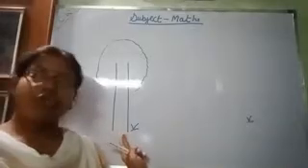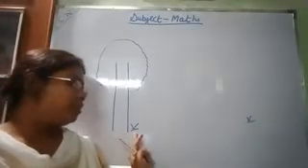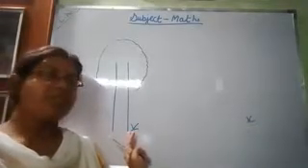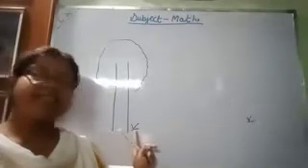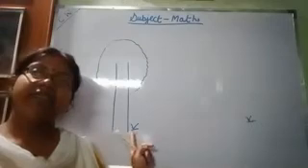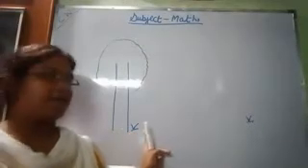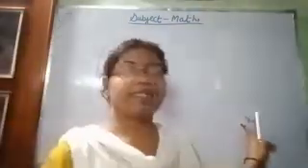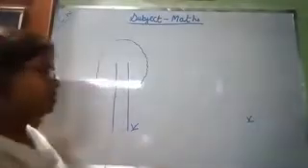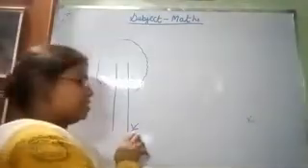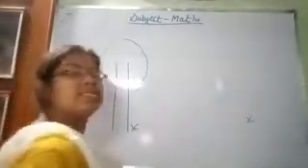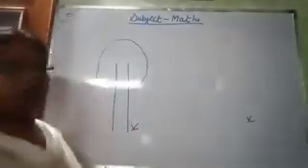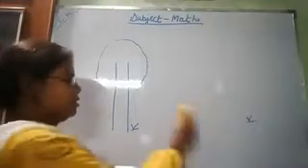See, this is a tree and this is a bird. See the distance between the tree and the bird, it is so less. Less distance, this is near. And more distance, it is far. So we will say this bird is near to this tree and this bird is far from the tree. Okay? Understand?